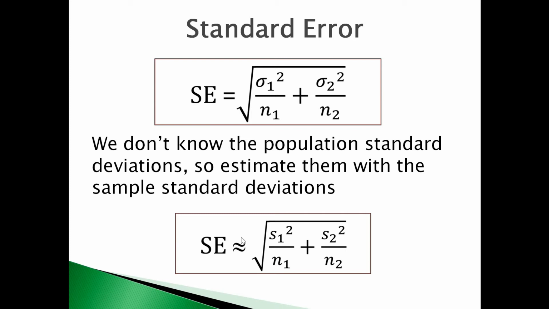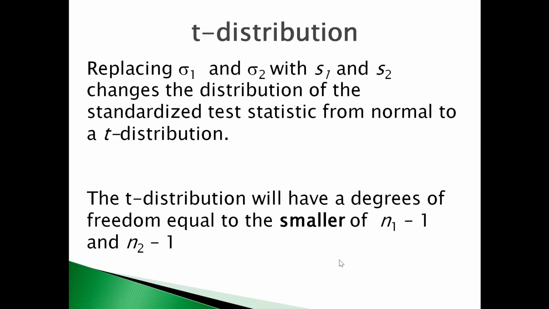The same situation will happen in this section. If we replace sigma 1 and sigma 2 with an S1 and S2, the new formula for the standard error will be an estimation of the square root of S1 squared over N1 plus S2 squared over N2. Also, replacing sigma 1 and sigma 2 with S1 and S2 changes the distribution of the standardized test from normal to a t-distribution. So instead of z, you'll use t, and instead of the normal distribution, we will be using